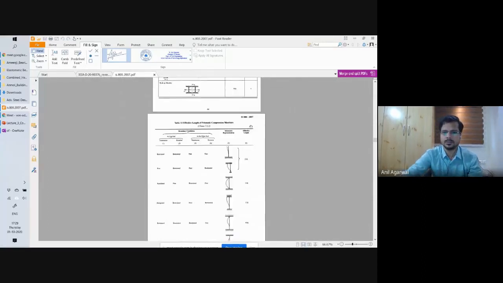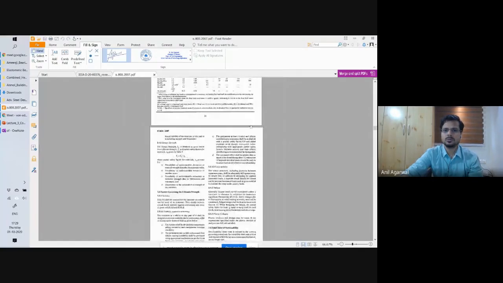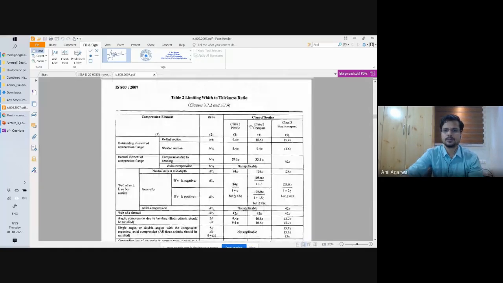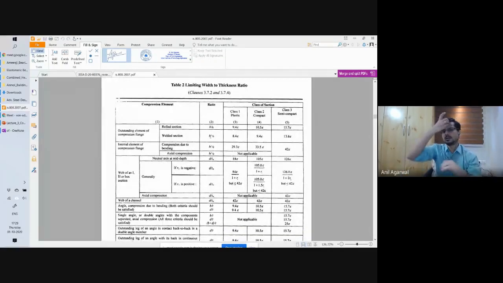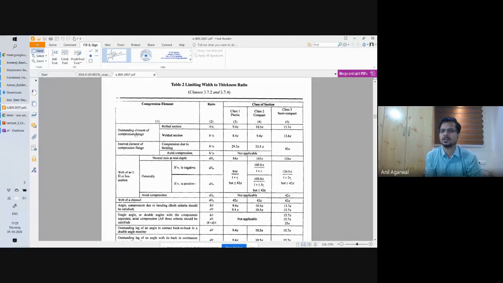Sorry, that table is much before table 2. Yeah. So usually it is done either through analysis. Let's say we are interested in studying the behavior of a flange, the outstanding element of a compression flange. This would be the element of interest. Then you do some analysis, and based on whether it is a rolled section or not, whether it's a flange or not, you give the boundary conditions. And from the analysis, you will find out at what stress value it buckles.